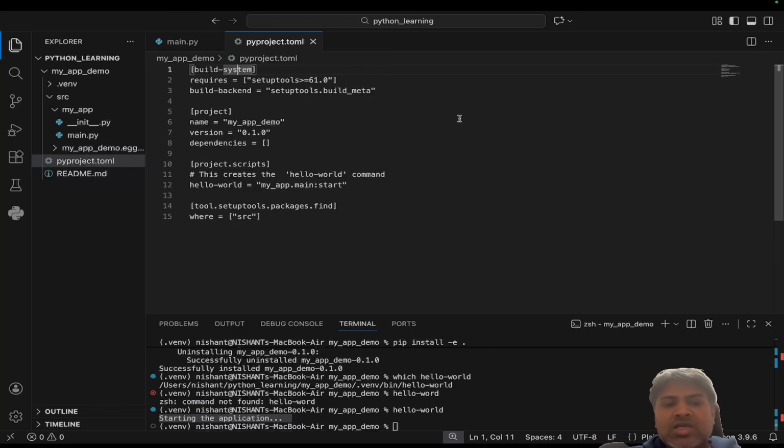Next is isolation. So pip creates a tiny temporary folder, a sort of virtual environment. Next step is bootstrap. So it installs setuptools and wheel into that temporary folder. Next step is handoff. So pip asks setuptools.build_meta to build the wheel for the project. Next step is installation. Once the wheel is built, pip installs the wheel into the user's actual Python environment and